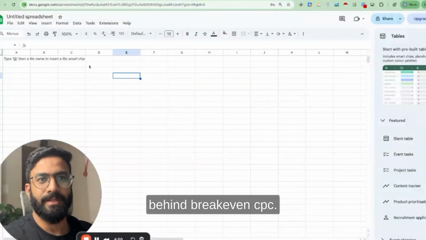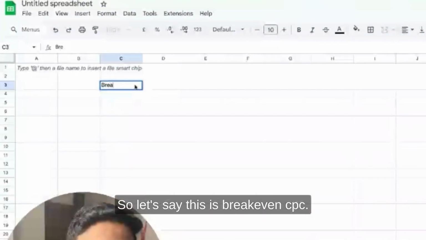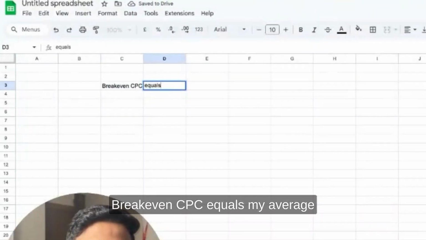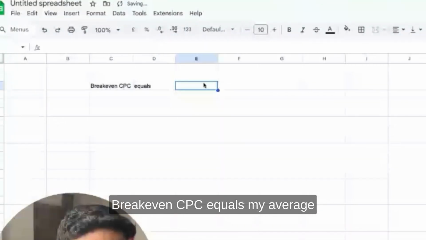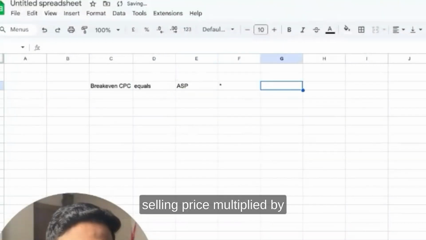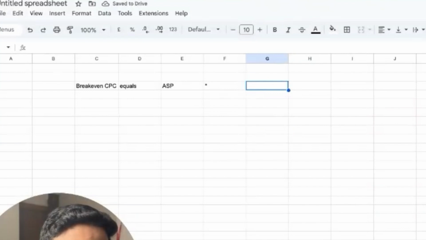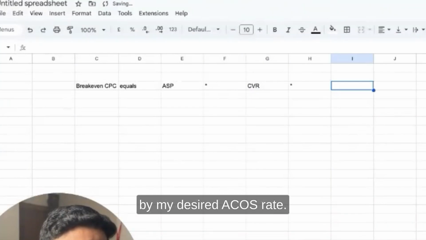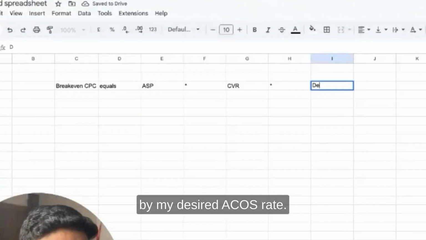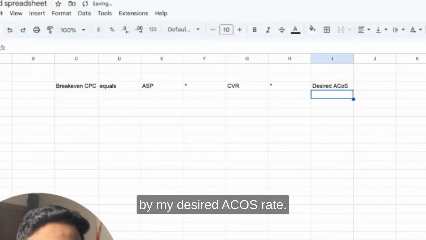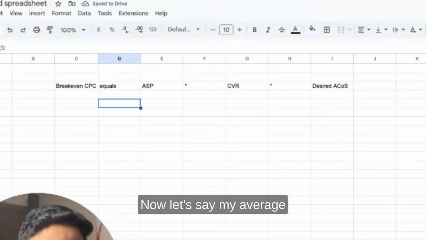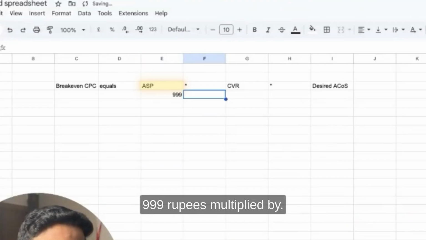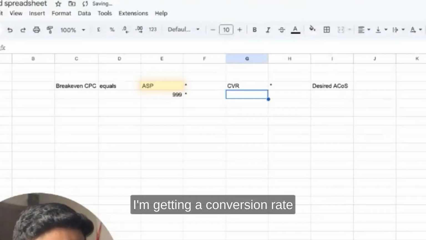So guys, before we get into the campaign manager or ad console, I'm going to quickly show you the maths behind break-even CPC. So let's say this is break-even CPC. Break-even CPC equals my average selling price multiplied by my conversion rate multiplied by my desired ACoS, right? Now, let's say my average selling price is 999 rupees, multiplied by,